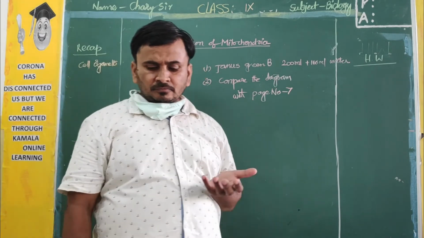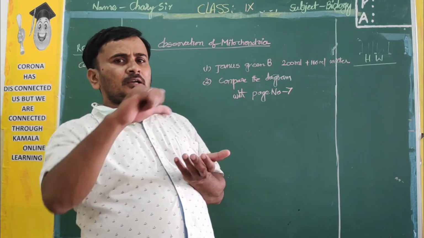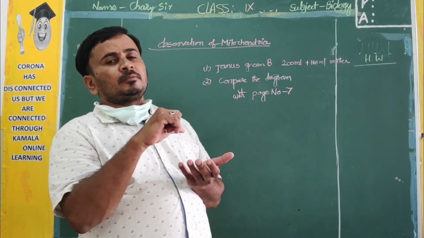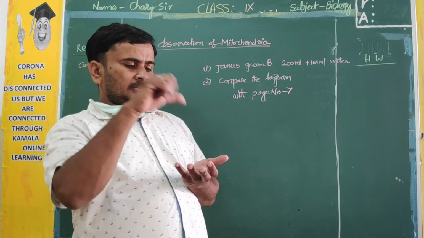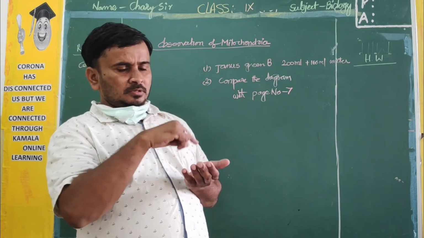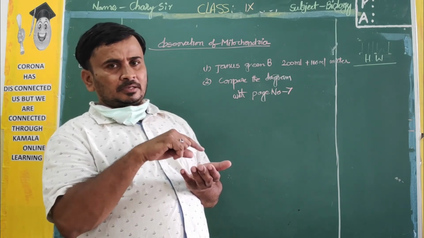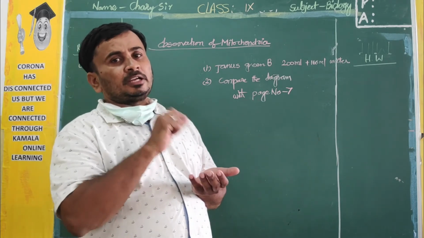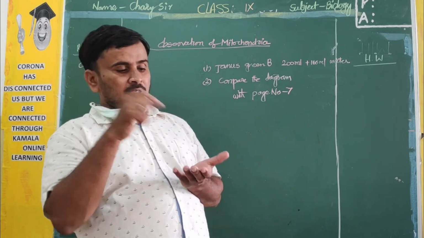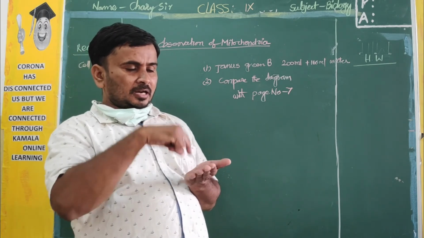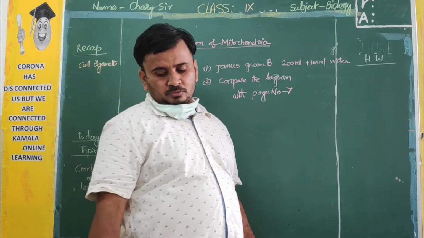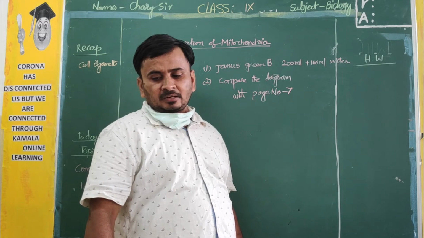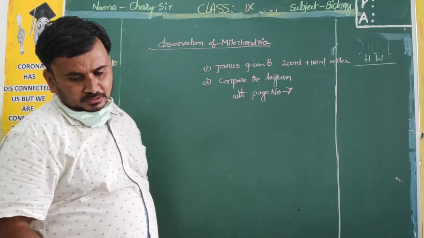Take one watch glass and pour the Janus green solution. How will you prepare the Janus green solution? Take 1 ml of Janus green and 1 ml of water, mix it, and keep it in the watch glass. Take the onion peel cells and keep them inside. Wait for half an hour. After half an hour, take them out, keep them on the slide, and observe under the microscope. You can do this activity taking other available materials like cassia tora or cheek cells.